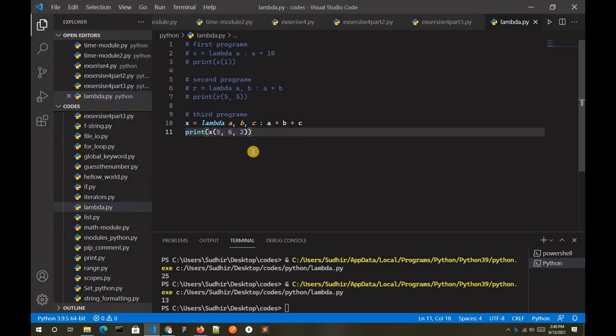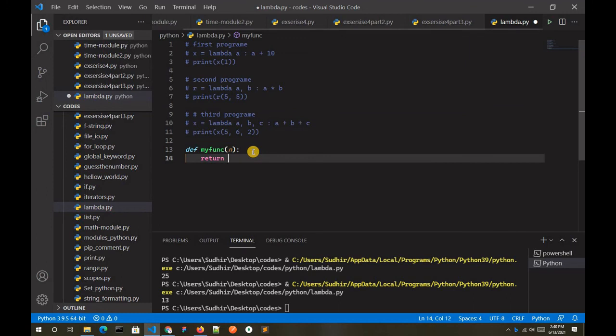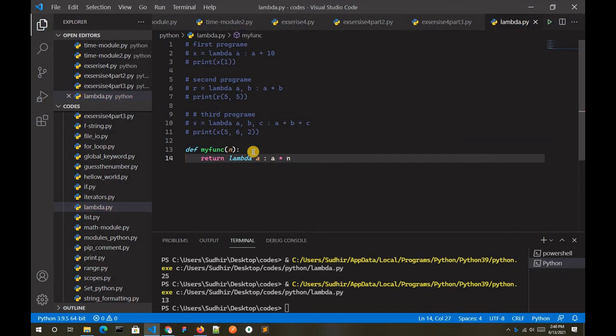You can type something like this: def myfunc(n): return lambda a: a multiplied by n.